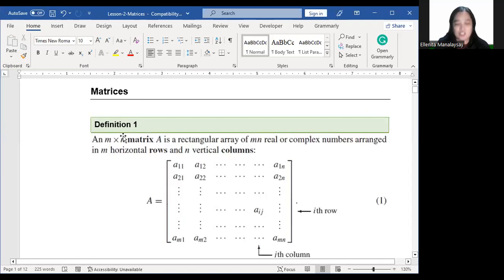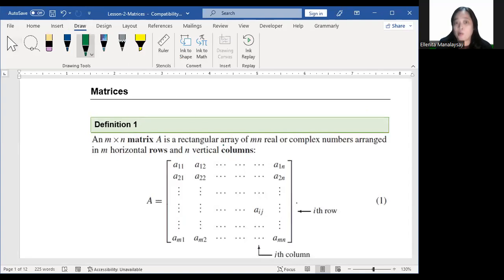Okay, so by definition, an M by N matrix is a rectangular array or arrangement of M times N real or complex numbers arranged in M horizontal rows and N vertical columns. So let us check the definition of the matrices. We're given an M by N matrix, wherein M represents the number of rows and N represents the number of columns. Say, for instance, in this specific given, the first figure labeled as figure A contains M